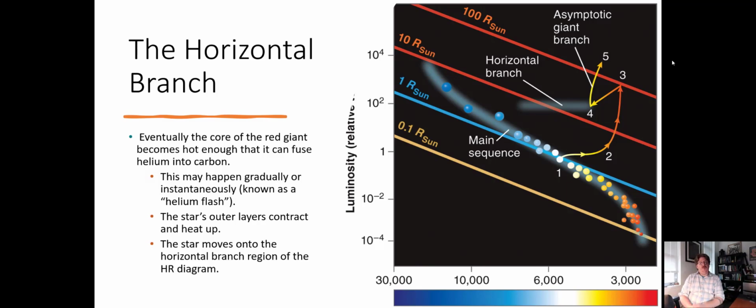The sun will spend almost no time on the horizontal branch. The transition between the red giant branch and the horizontal branch, and I'm going to be saying branch a whole lot, probably more than I care to, is the initial burst of helium